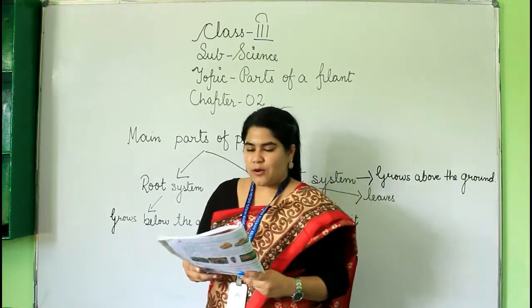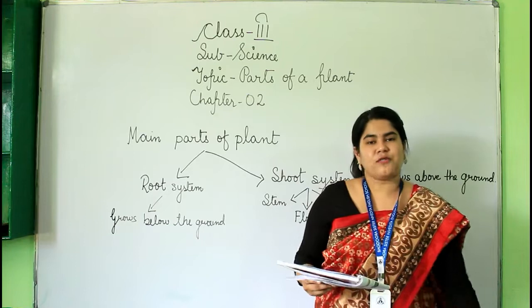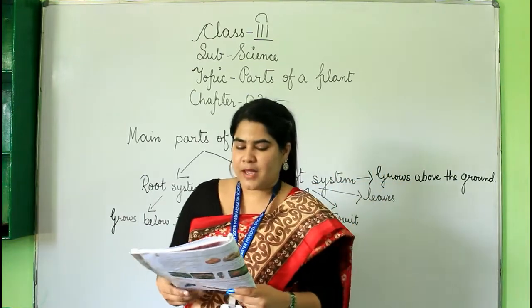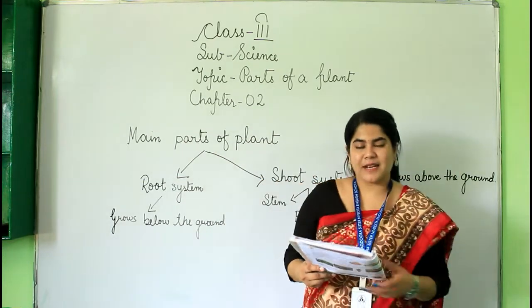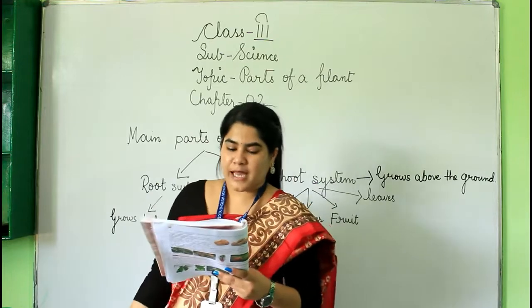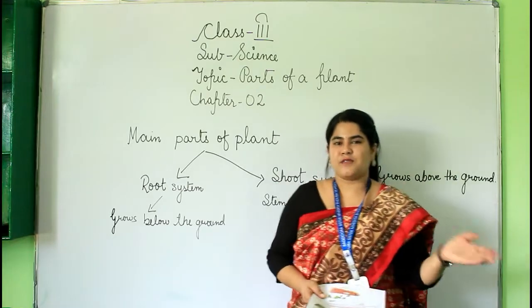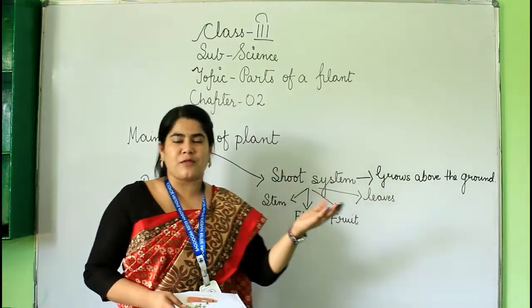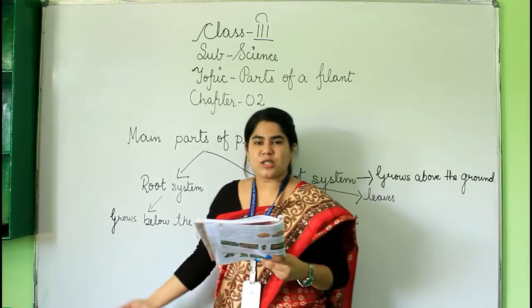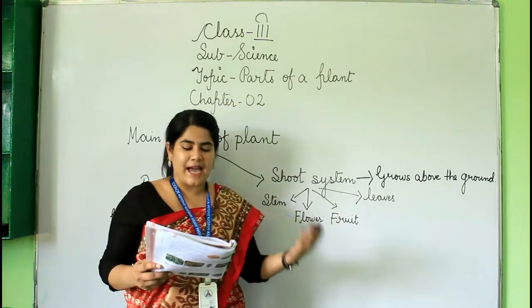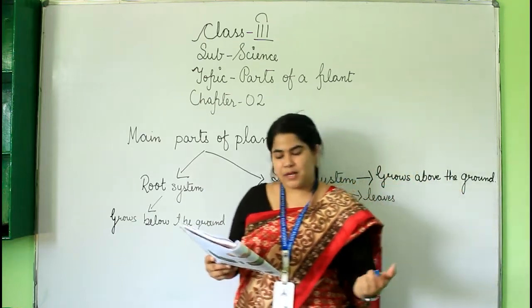Now we have learned stem, root and leaf. Now we will move forward to flowers, fruits and seeds. Flowers are the most beautiful parts of a plant. Some flowers have a nice smell too. Flowers also help the plant to reproduce. When we go through a flower garden, we get a variety of different colors of flowers, right? We like all of that. So flowers are the most beautiful parts of a plant.